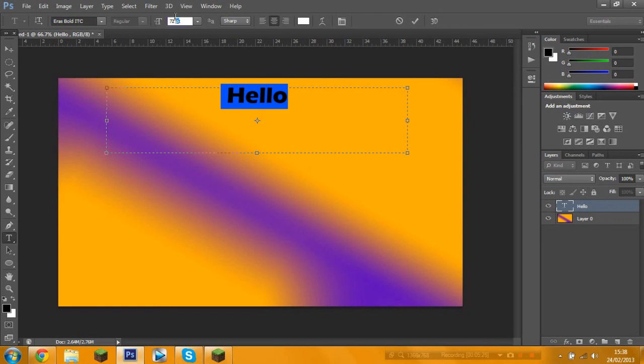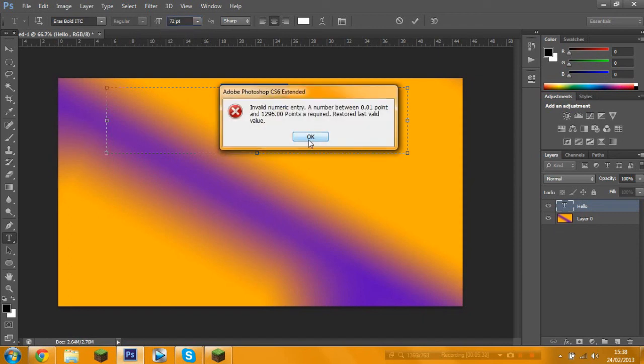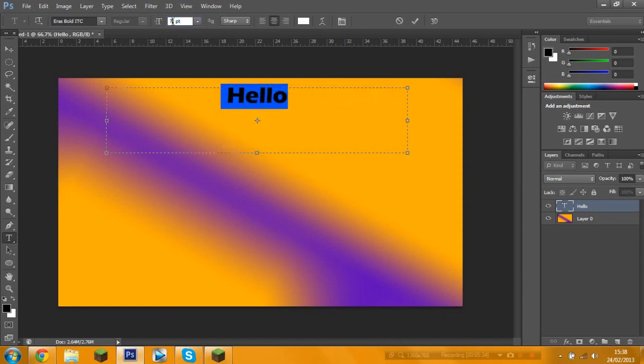So, say if I wanted to make it look really big by doing about 700 font size. Oh, apparently it's too big. Okay. If I did about 600, am I allowed to do that? That's probably a bit too big, I'd say. But yeah, you can do any size you want, and I don't really know where it's gone now. It's kind of disappeared, but